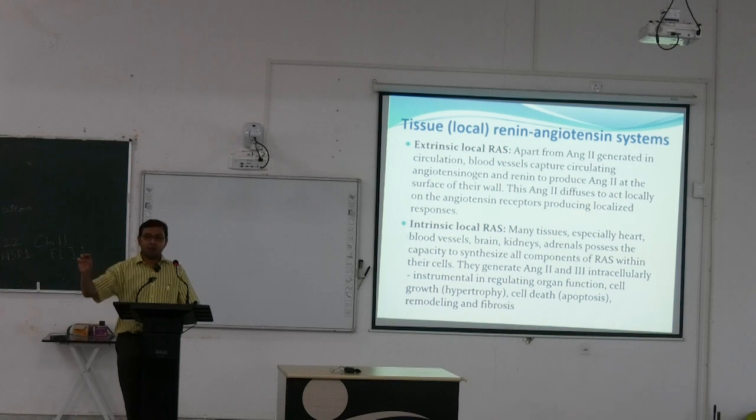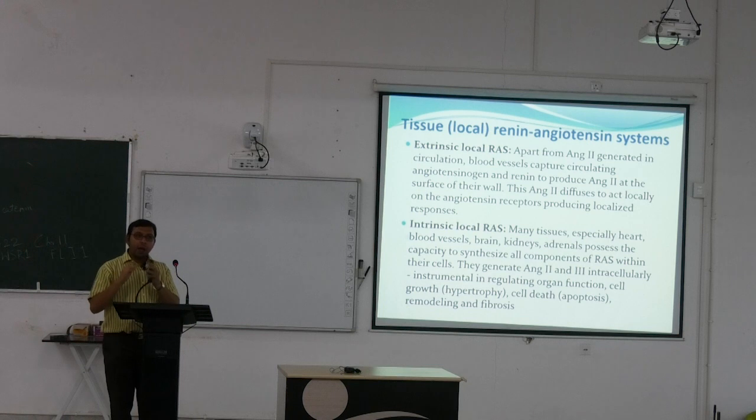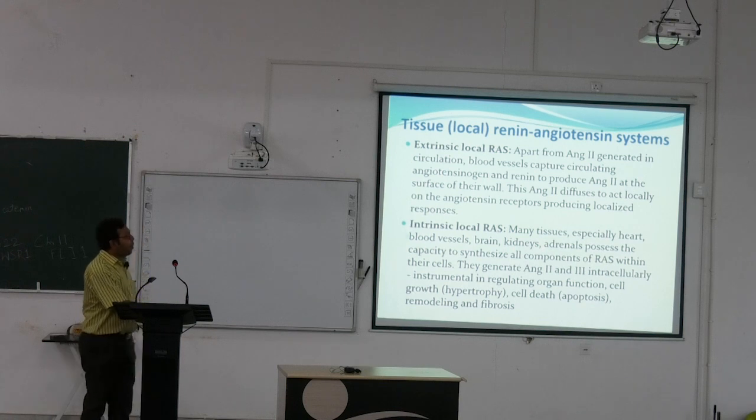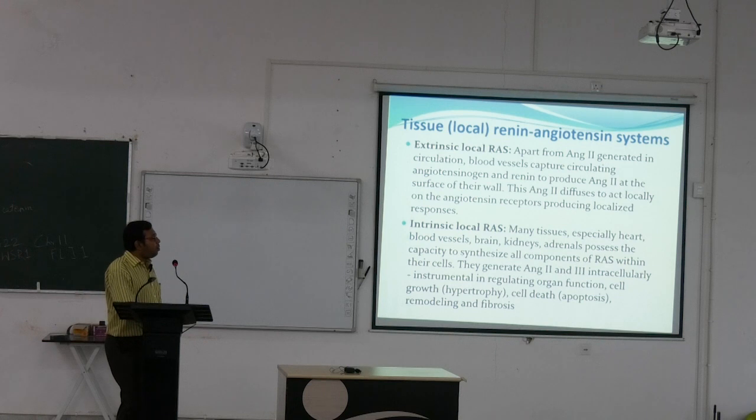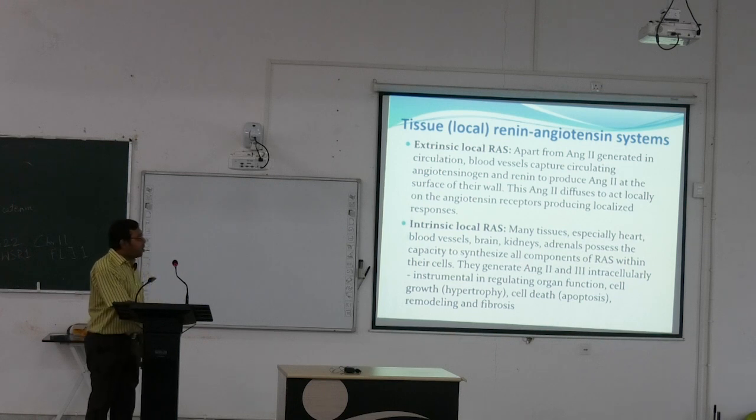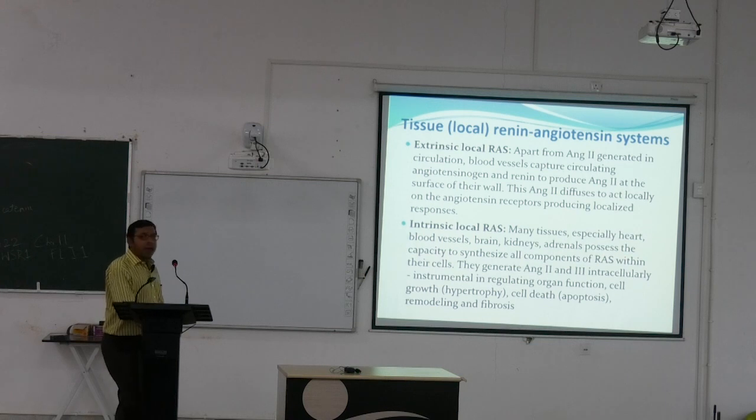the peripheral vascular resistance. You know from physiology that both the peripheral vascular resistance, that is the afterload, and preload are instrumental in maintaining the blood pressure as well as increased blood pressure. So here also the local renin-angiotensin system plays a part in increasing the blood pressure. And intrinsic local is in many tissues like heart, blood vessel, brain, kidney, adrenals. They possess the capacity to synthesize all components of this system within their cells. So they generate angiotensin 2 and 3 intracellularly and are instrumental in regulating organ function, cell growth like hypertrophy, cell death like apoptosis, remodeling and